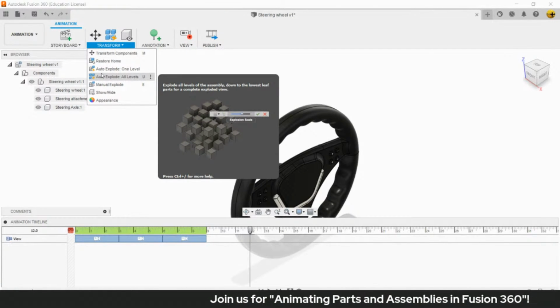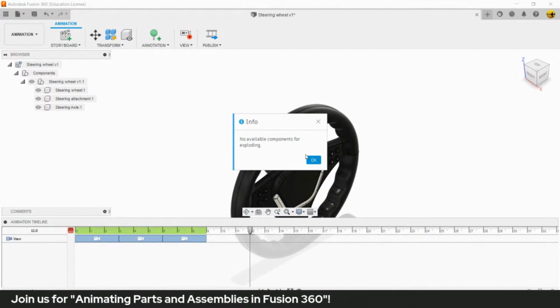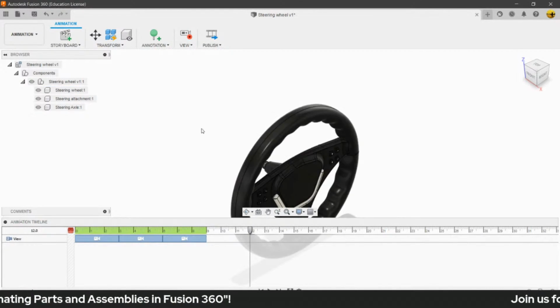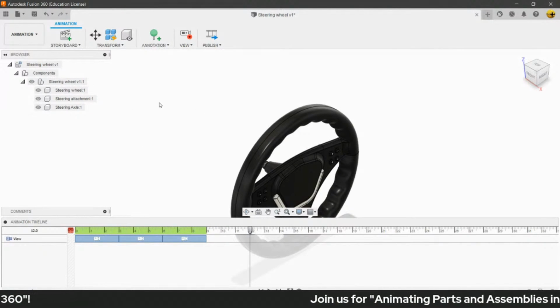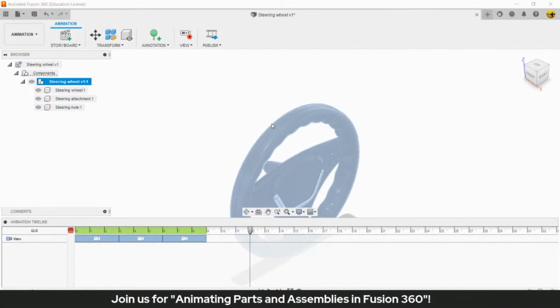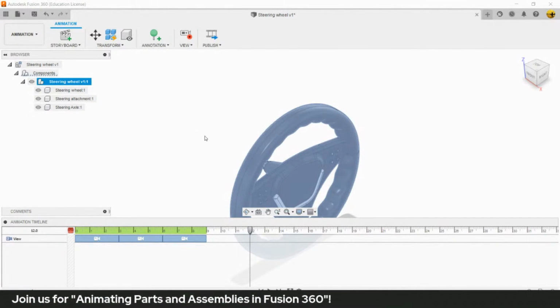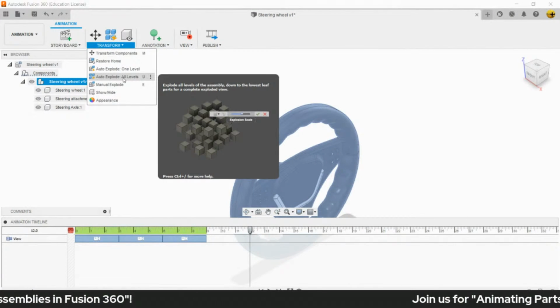We are going to click on the button of auto explode all levels. So it is saying that there are no available components for exploding. Why is that happening? Because we haven't selected any component. So to make it happen, we'll have to select this component of steering wheel. As you can see, I've selected steering wheel as my main component. Now again, I can go to the transform drop down. I can go to auto explode all levels,